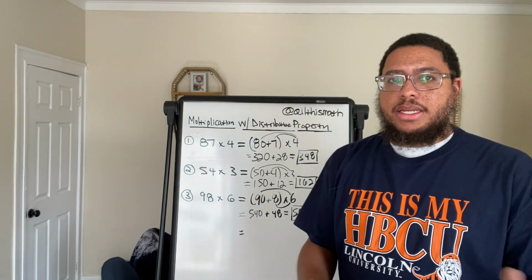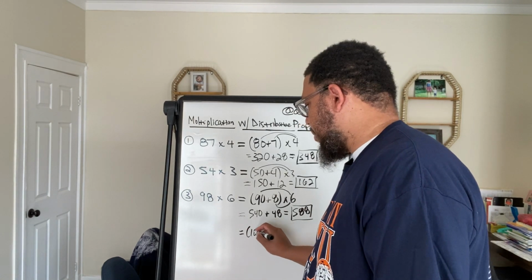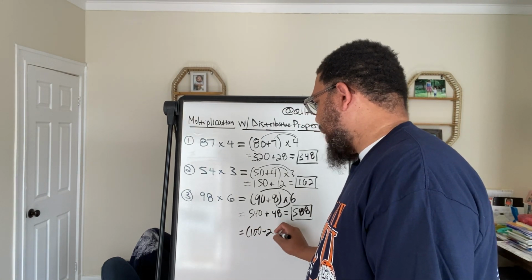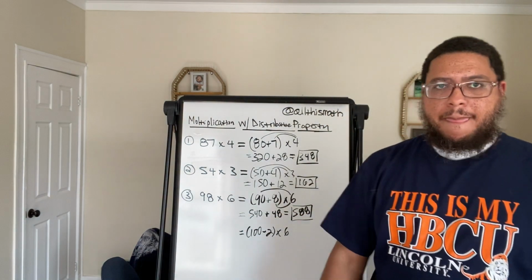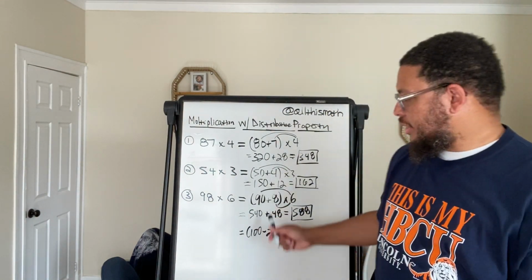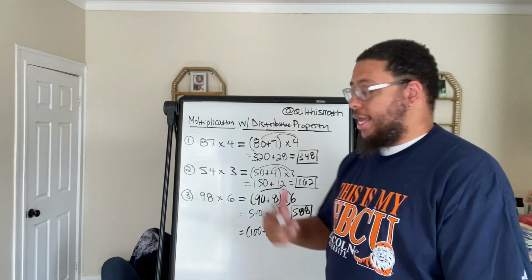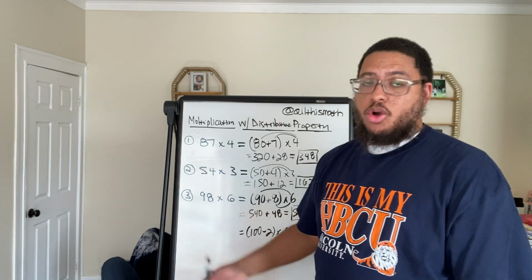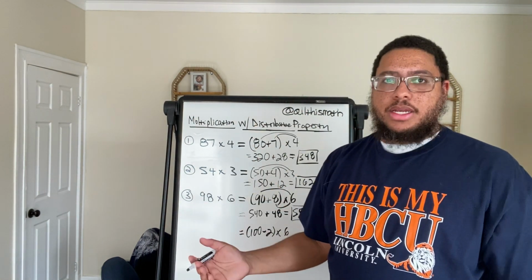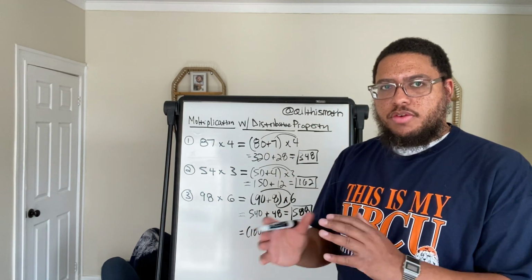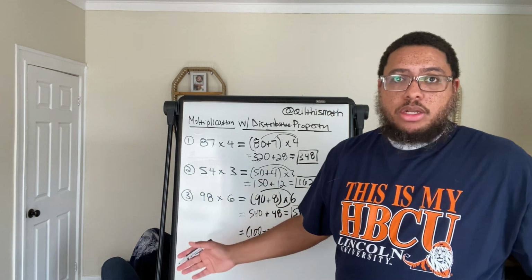I also know that 98 is the same thing as 100 minus 2. 100 is also a happy number because it ends in 0. Isn't 100 minus 2 the same thing as 98? It is, right? Just like 90 plus 8 is the same thing as 98. If you had $90 and then you got $8 more, you would have $98. Or if you started out with $100 and you spent $2, you still got $98. Either way, the value of those expressions, 90 plus 8 and 100 minus 2, is still 98 regardless, right?